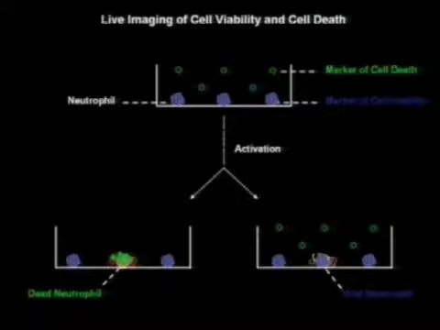We wanted to understand, or we are still very much interested in understanding, the mechanism that allows net formation. This is another question where we decided to use imaging microscopy to answer, because of the limitations of the life of these neutrophils and the fact that they come as terminally differentiated cells into circulation. We cannot do any molecular biology. We cannot transfect them. We cannot transduce them. We cannot put in siRNA, et cetera, et cetera. So in order to ask the question whether the neutrophil has to die to make nets, we use video microscopy.